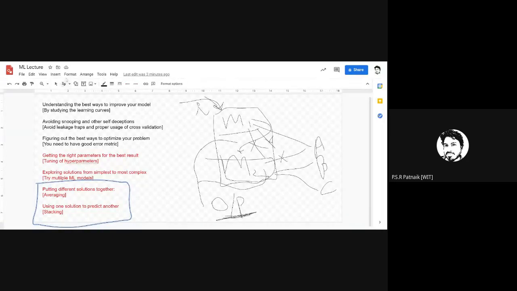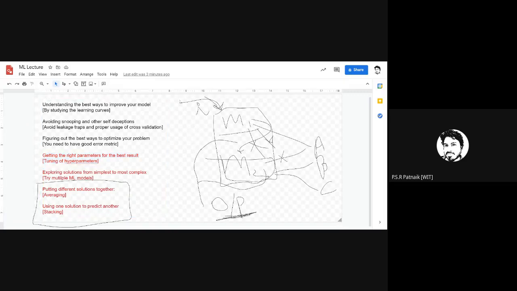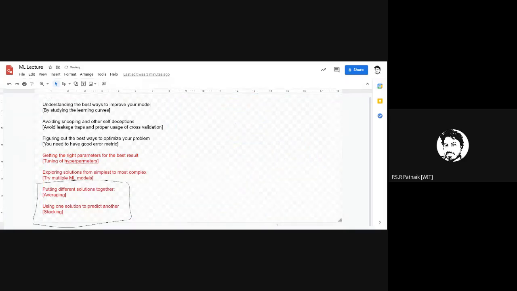I think hyperparameters we have seen, right? This is related to hyperparameters, getting the parameters right. So there are three aspects for ML models performance. What are these three major affecting factors which we discussed? For any ML model, these three will always have an effect.